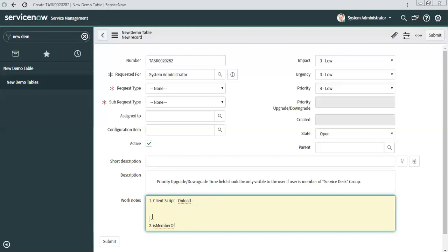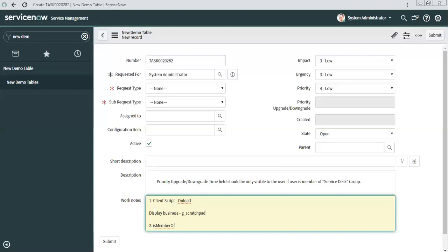Another way, if you remember, we discussed the display business rule. Under the display business rule, we have a function called g_scratchpad.